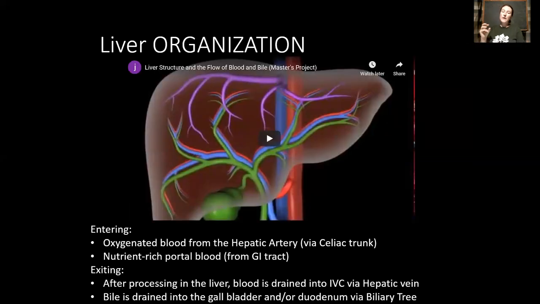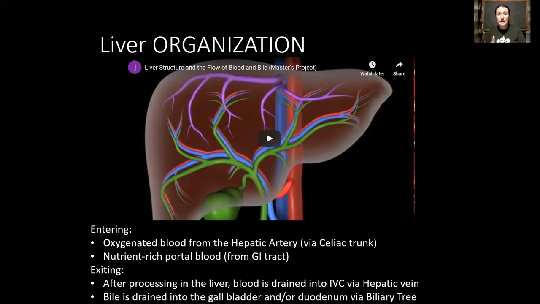So the liver organization, let us transition from the gross anatomy into the microanatomy. The liver just looks to the naked eye like kind of flat, consistent tissue, but in fact, it is very highly organized inside. We have a lot of different blood circulations. We have bile circulation. So there's a lot of fluid flowing in all sorts of different directions. And so this video is going to break down what is flowing where and how, etc.